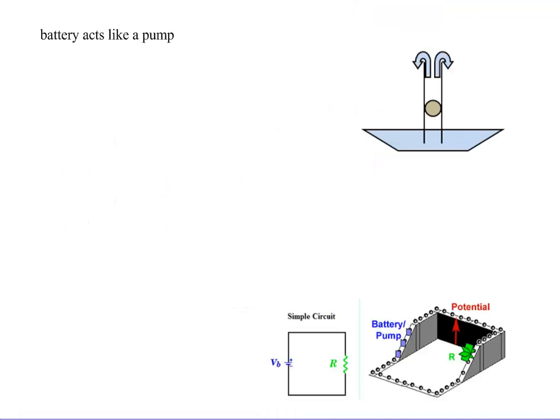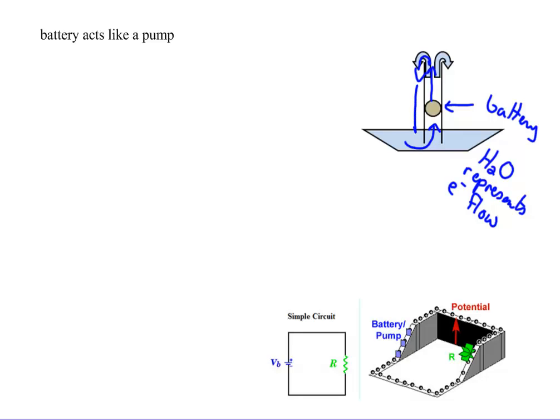One way we can think about it is as a water fountain. So if this is my pump, this is acting as the battery. Water is equivalent to electron flow. So there's a reservoir at the bottom. The water is drawn up the pump. As it goes up, it gains, in this case, gravitational potential energy, so that it has its maximum at the top, and then it falls. As it falls, it loses potential energy, it goes back to the bottom and gets pumped back up to the